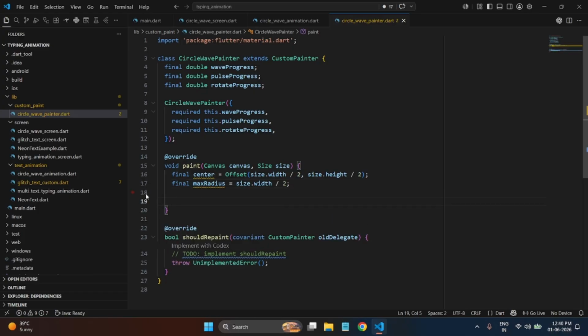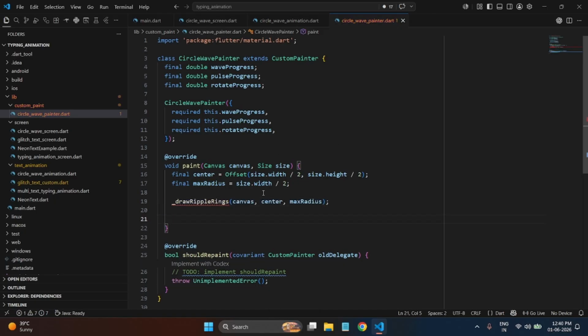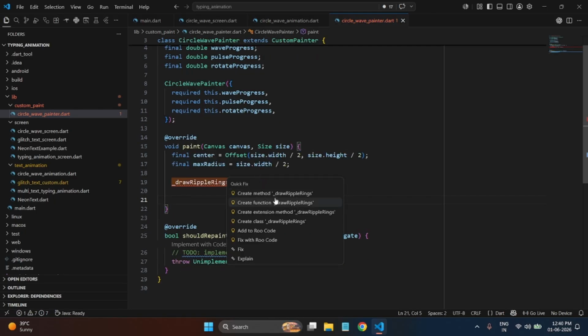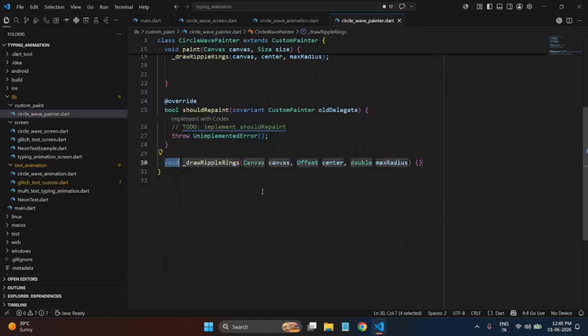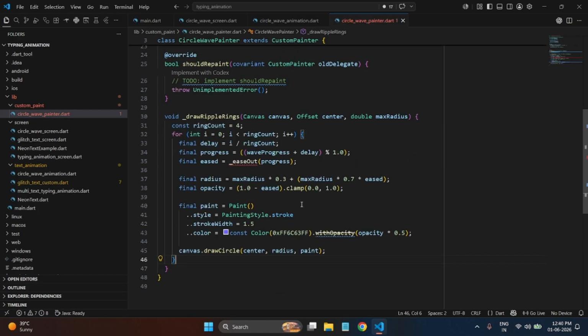Now, let's create the ripple ring effect. Inside the drawRippleRings method, we define 4 ripple rings that will animate continuously. Using a loop, each ring is given a slight delay so they don't expand at the same time. We then calculate the animation progress and apply a custom ease-out function to make the movement feel more natural and